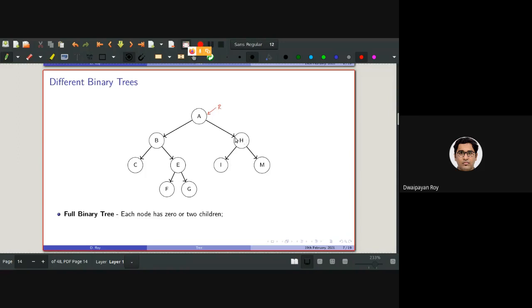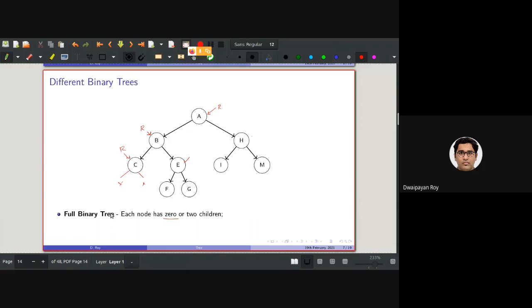Now we recursively consider this as the root. This root contains two children. Now we consider this as the new root. This contains no children, so this is again satisfying the criteria, zero children. Now considering this, two children, considering this, two children, and considering this and this, having no children. So it is basically a full binary tree.